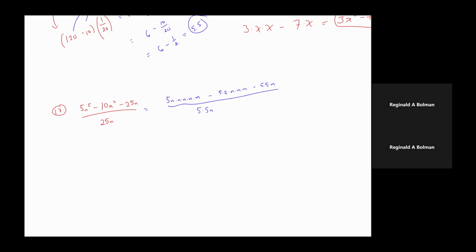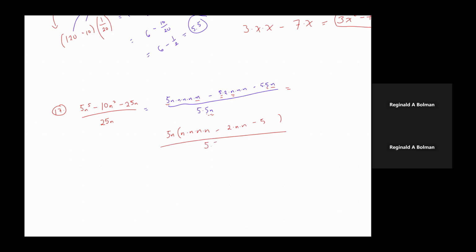All right. So what's going to happen here is we are looking for terms that are in common in the numerator of your expression. You'll note that you have a 5n in common with all of these different terms, which is great because in your denominator, you can also see that you've got a 5n in common. So if you take out the 5n, you'll be left with n times n minus 2 times n minus 5 on top, all over 5 times 5